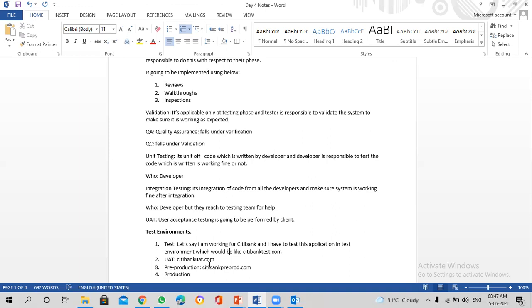But when it goes to the production environment, the expected users are 100K, 1 lakh users. So the configuration is set up to support 100K or 1 lakh users in production. Maybe the customer who raised the complaint is the 100K plus one customer, where the system is not able to support because the load is very high. Are you getting what I'm saying? Yeah.